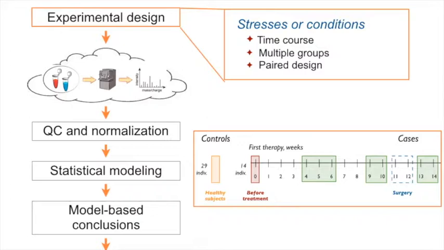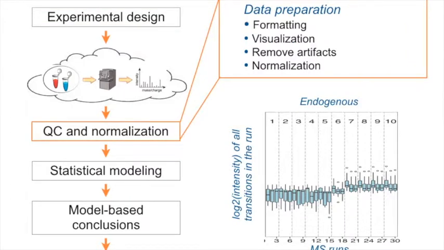Okay, so the next step. We parsed experimental design. We know what type of comparisons we want to make. So the next step is quality control. There is actually a wide variety of things that should be done as part of quality control. So we will take it in a very narrow way here, and we will say, okay, let's look at the